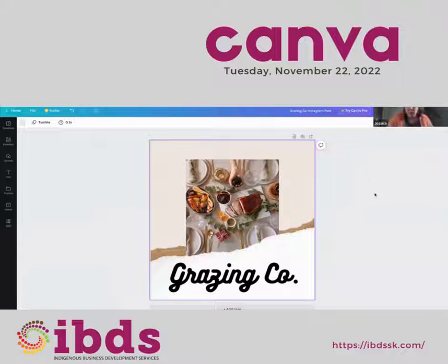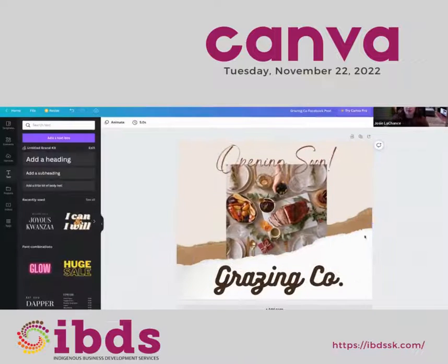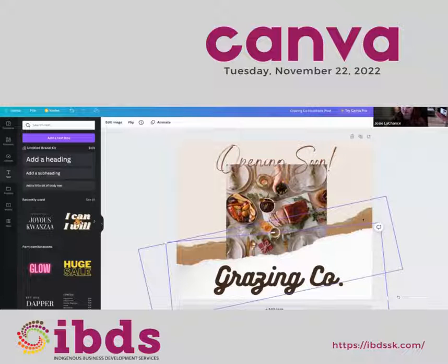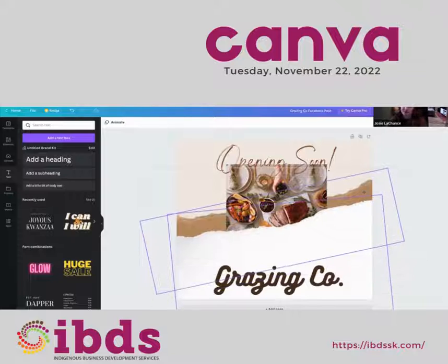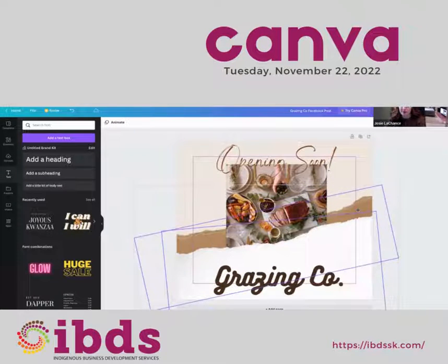Yeah, I was just going to say, one question said, how did you select the two items to move them at the same time? Yeah, for sure. So all I did was go back to the Facebook post one. I clicked on the one image and then on my computer, I hit shift and clicked the other image and then pulled them together. You'll see that there's a dotted line around both images now, and that means they're both selected and I'm moving them both at the same time.